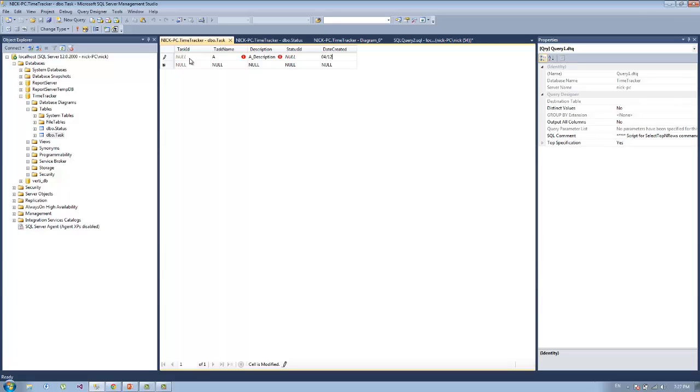Alright, let's do 12 and 2015, for example. Good. So we can leave it null, or we can actually specify a value. It means that it doesn't have any association with table status at this time if you don't specify any value. Let's try to insert another task with the name b and a description,